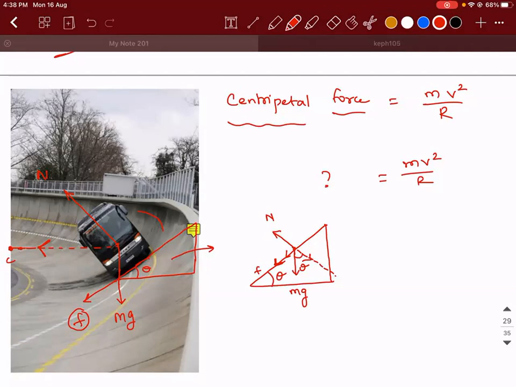So when I drop a perpendicular, now since the center is here, my job is to resolve. See, this is the only case of inclined plane where you will not take this as the x-axis and this as the y-axis, as we generally do in all other cases. Here the horizontal is still x and the vertical is still y. Why is it happening? It is purely because the center is in this direction. Now observe, guys. If this is theta, can I say that this is also theta? Vertically opposite angles.